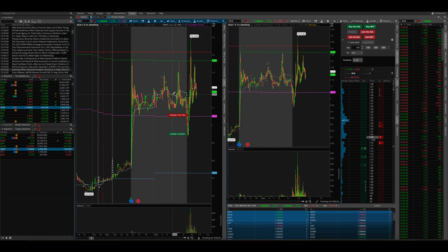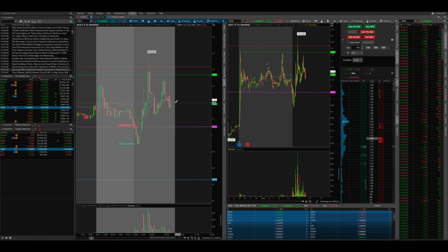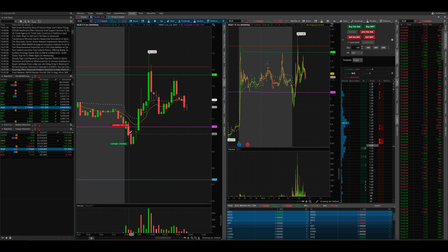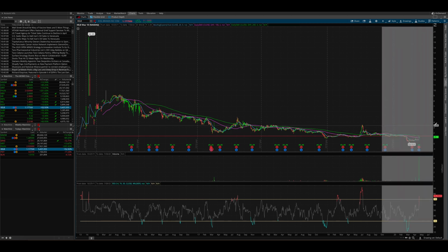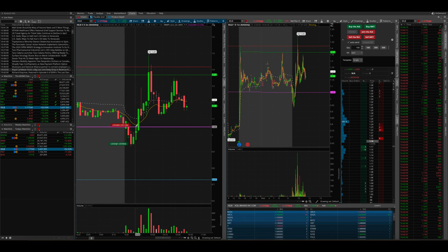So the first trade that I took was on XELB, and I had huge regret with this trade because, again, a lot of this looks different in real time, but what I noticed on this 3-minute candlestick right here, before it eventually went red, you see this purple line right here. This purple line represents, I believe, the 100-day SMA, and this can hold as a very key level of support. And I like the way the 3-minute was reacting to this, and then I was also looking at